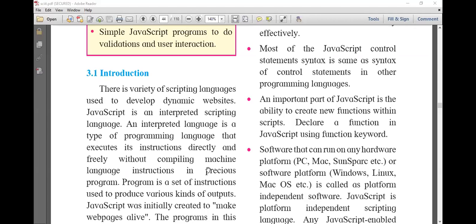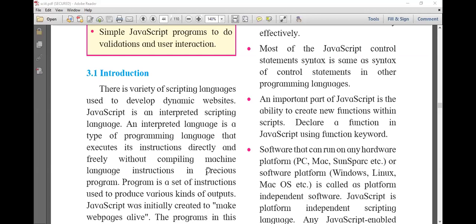Pure HTML can't do these two things. Pure HTML can't check your data. But in HTML5, some features are added to the text box that we have already studied: type equal to email, type equal to number, type equal to date.